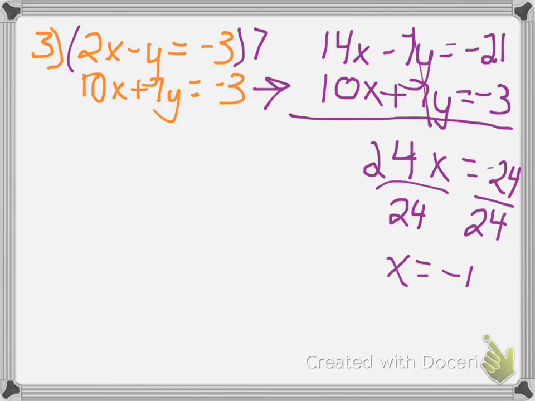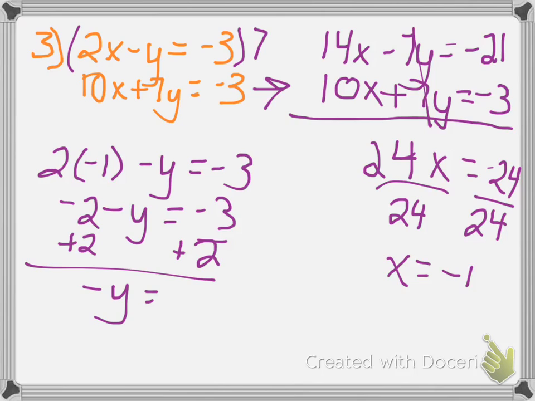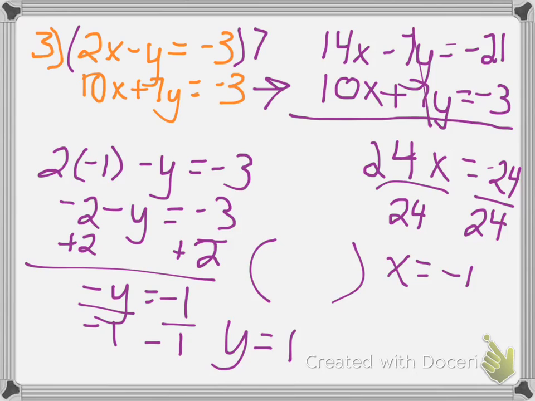Then you can take negative 1 and you can plug it back into the top or the bottom. I'm going to do the top. So I have 2 times negative 1 minus y equals negative 3. Then you have negative 2 minus y equals negative 3. Add 2 to both sides. You have negative y equals negative 1. To get rid of the negative, you can either multiply or divide by negative 1. So you have y equals 1. So then you have negative 1